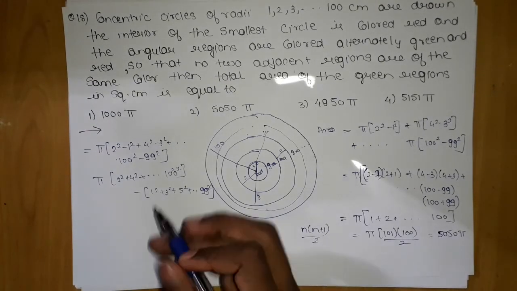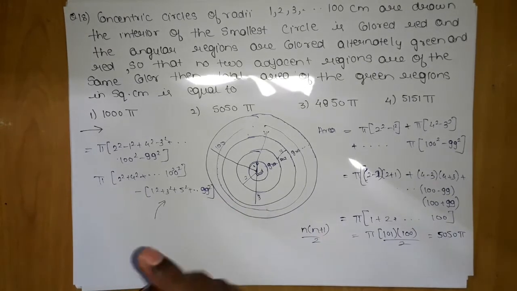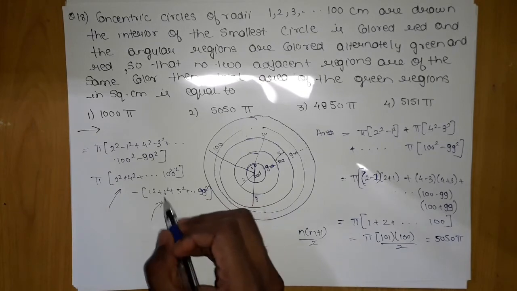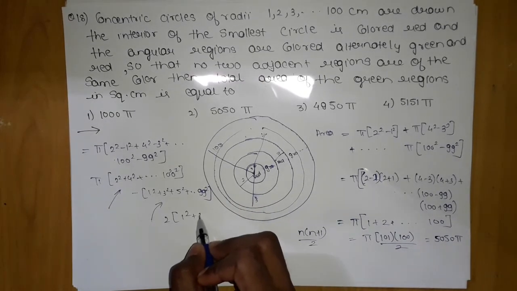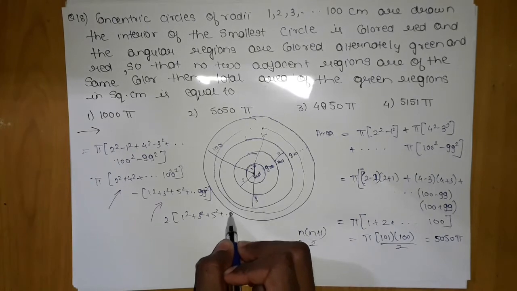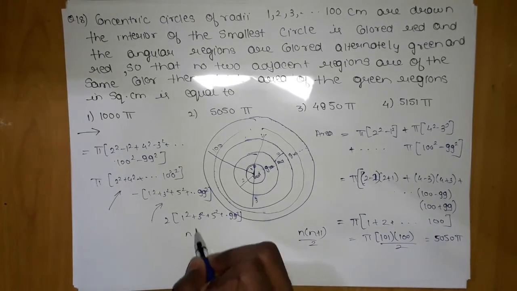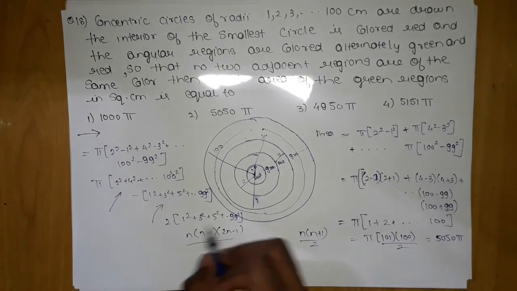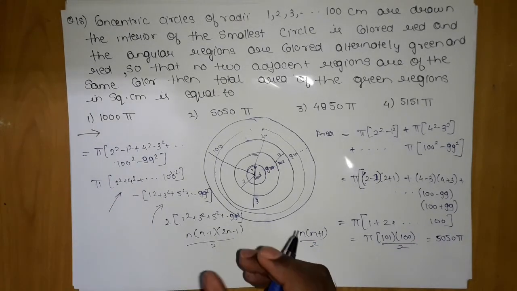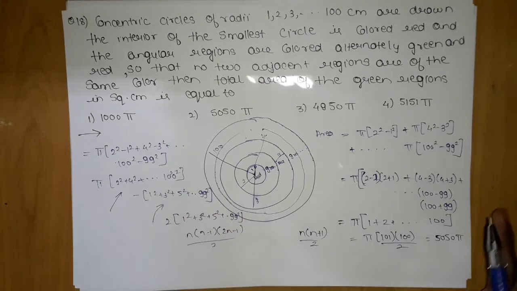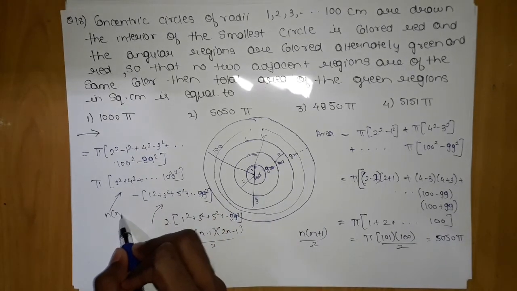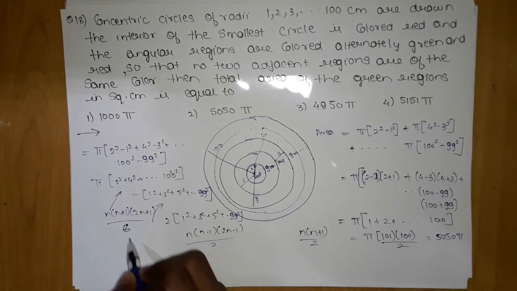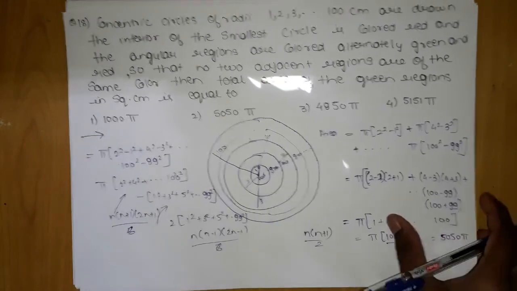If you ask me how we will solve this, I have done many similar problems. We will add here the remaining terms to make it 100, and then it will become twice the negative of 1 square plus 3 square plus 5 square, and so on till 99. Then we will apply n into n plus 1 into 2n plus 1 by 6, and try to divide them with the possible numbers. But you can avoid this and straightforwardly apply the basic thing.